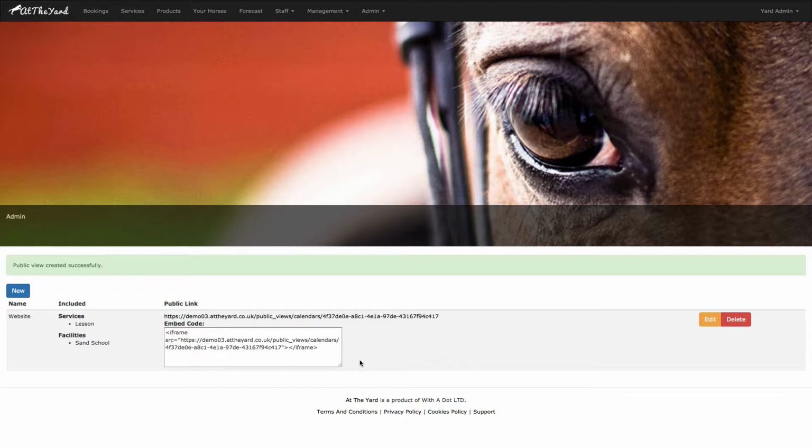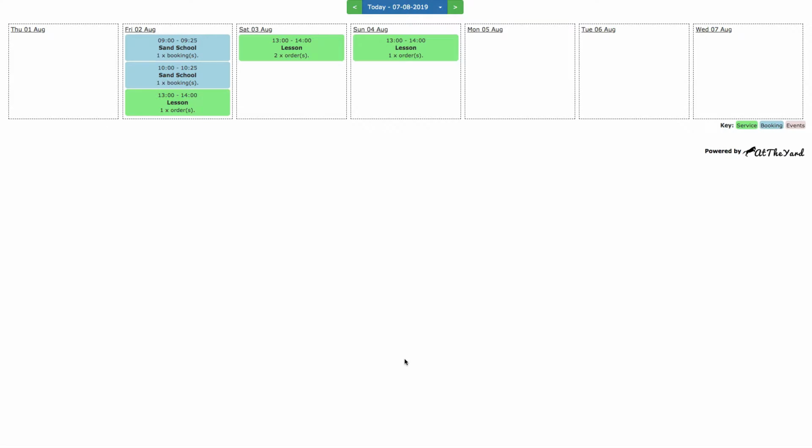Now we have two options at this point. We have the public link and also the embeddable iframe code. Both of these we'll use later, but for now let's have a quick look at what's included on the public calendar. When we click on this, you can see you get a very simple but very visible view into what's